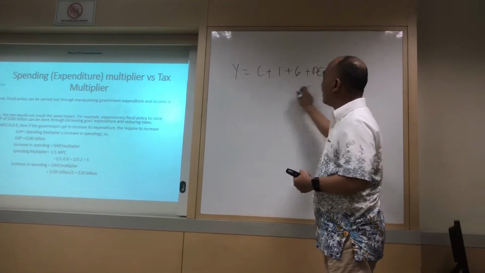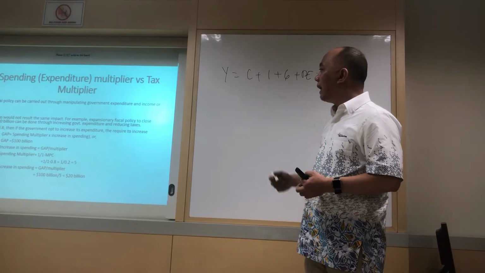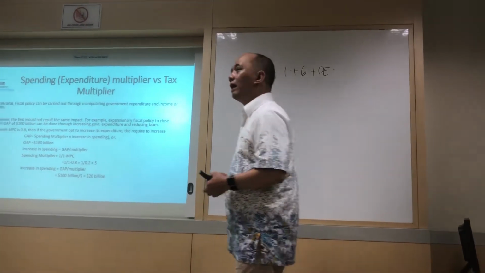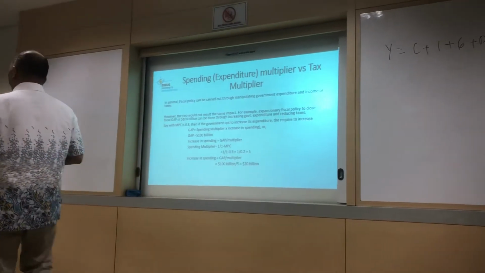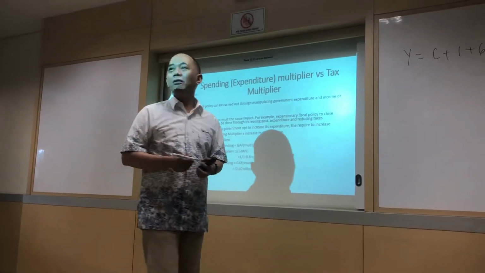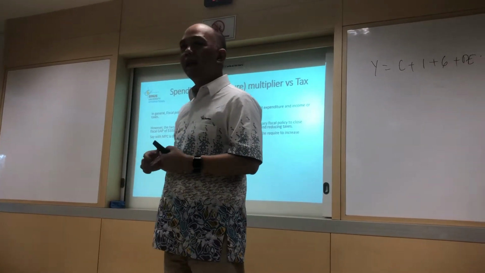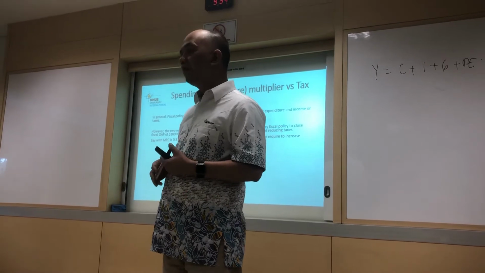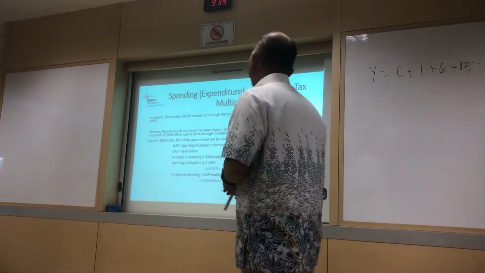Every increase in this will be multiplied in the real GDP. For example, if the multiplier is 5 and there's an increase in consumption of 100, then the net effect on aggregate real GDP will be 500, 5 times the actual increase